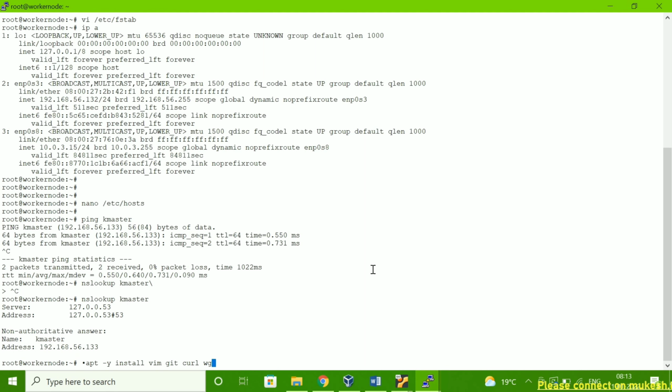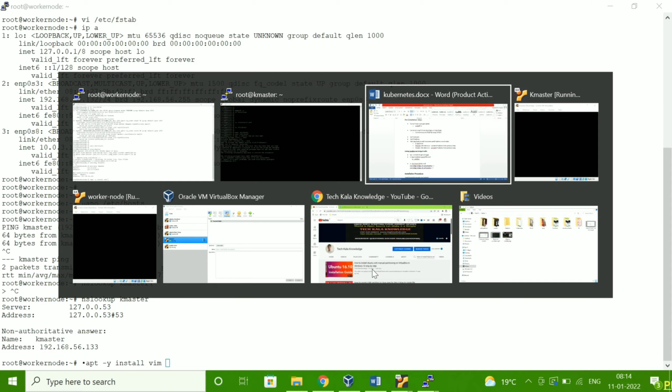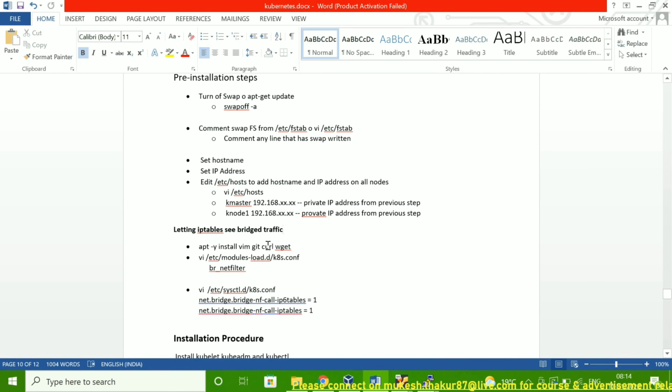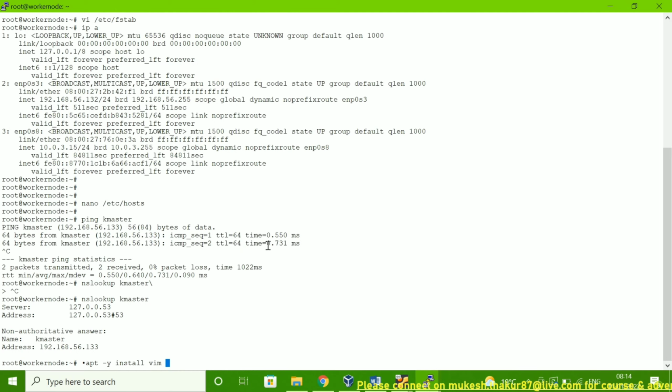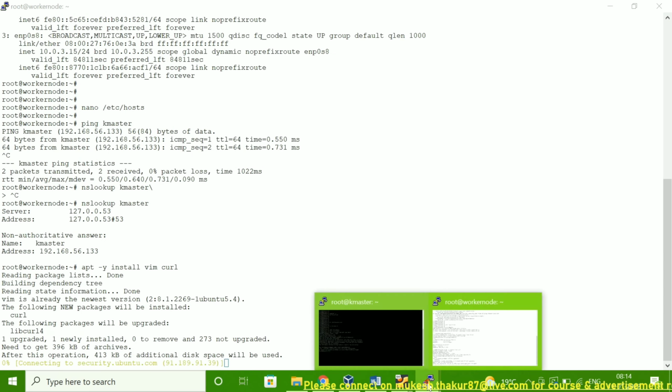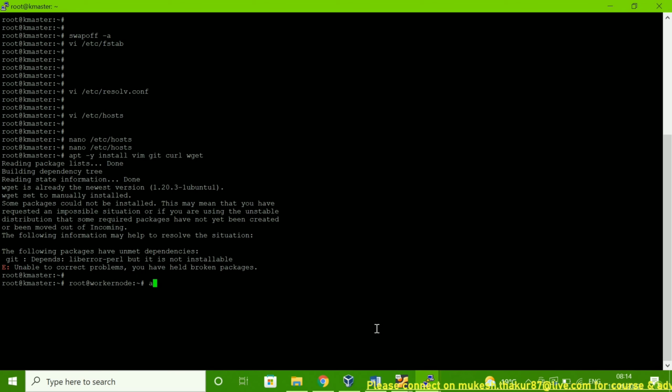We can remove this one, because we need only these two packages. We can exclude this one and this one. We need only these two packages, so we can install these two packages.